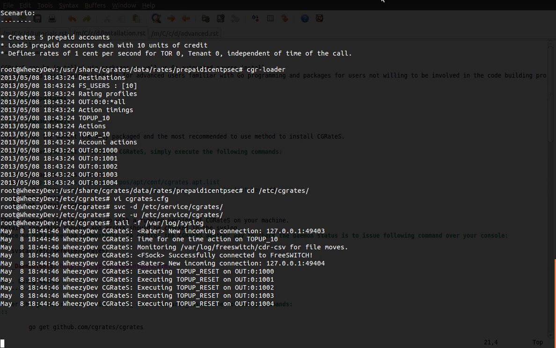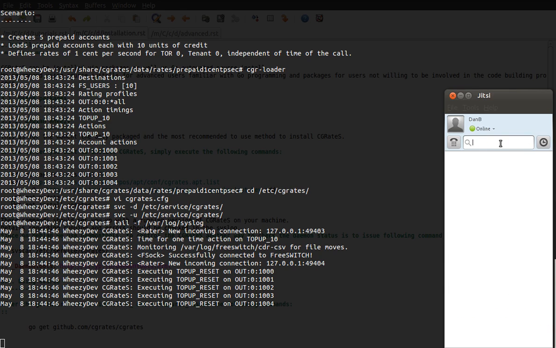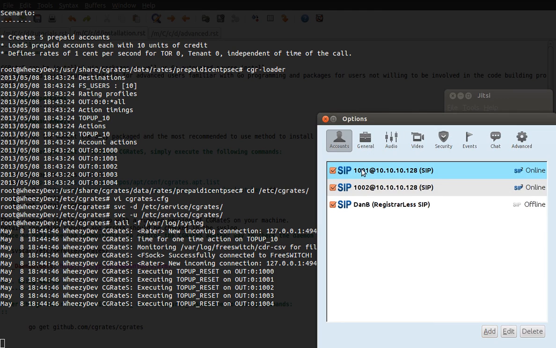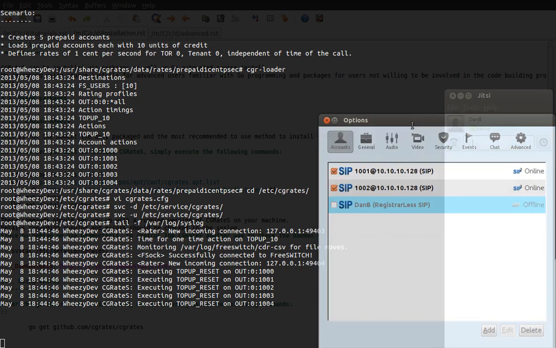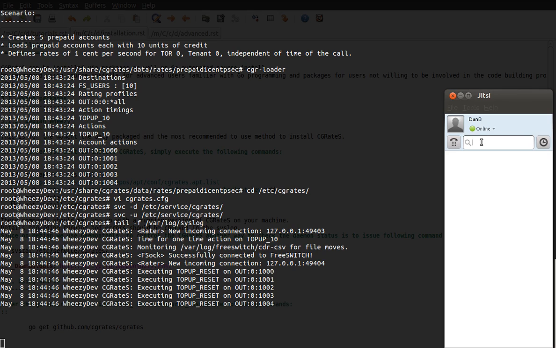Now, after we have loaded everything, we then test to see whether we have done anything good or not. So in this case, I'm using Jitsi as a soft client configured with already 2 accounts on the FreeSWITCH, 1001 and 1002. This is not needed right now. So I will just make a call from account number 1001 to account number 1002, and if everything works as expected,